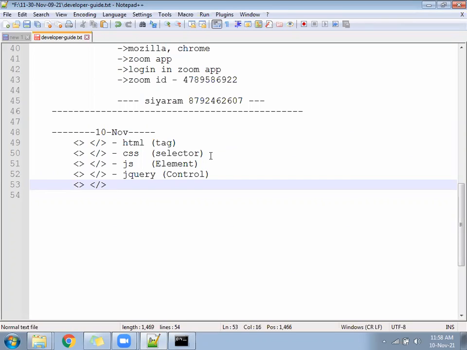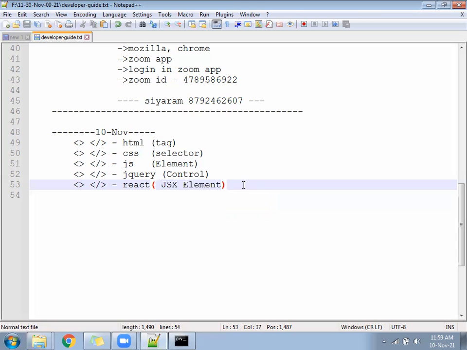One more thing we can add: React. In React, it is called a JSX element. In React, all the HTML tags, whichever tag we have or are going to study, or you can create your own, everything will be called a JSX element in React.js. So that is 1, 2, 3, 4, 5 words.